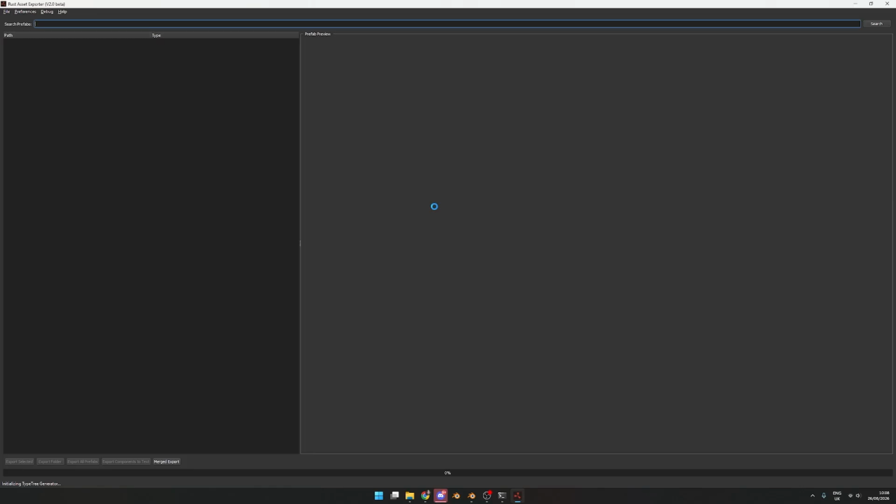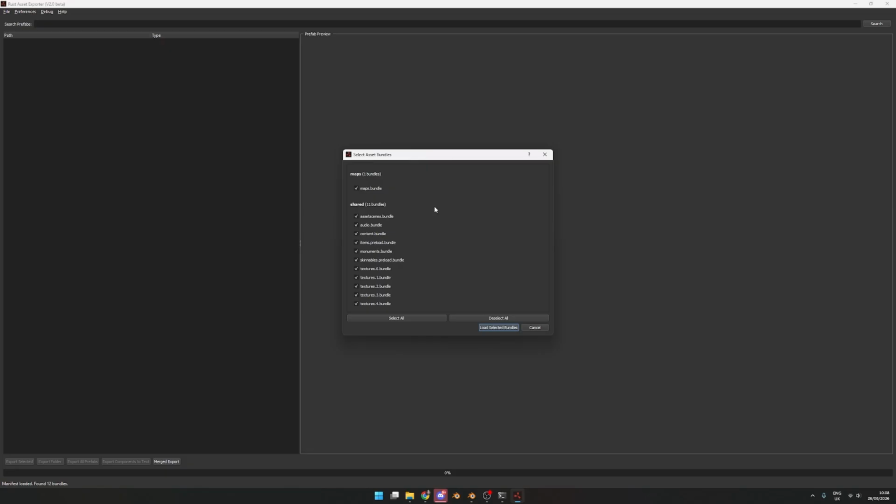for bundle selection. Now, in previous updates, you had to be very selective over the bundles that you were loading to make sure you didn't run out of memory. It was very memory intensive, and it was also quite slow. With the latest 2.0 beta 4, things are much quicker. So you can be a lot less picky about what you're loading, and if you really want to, you can